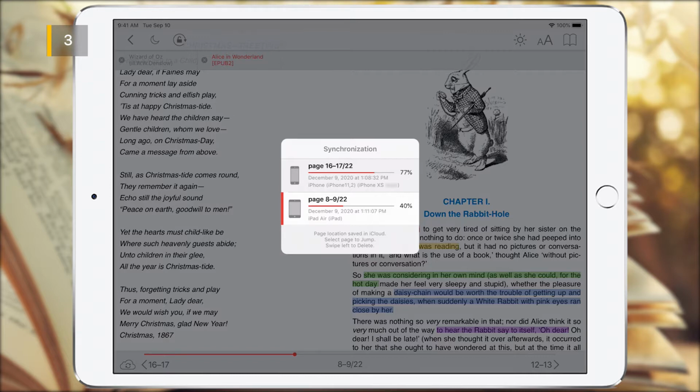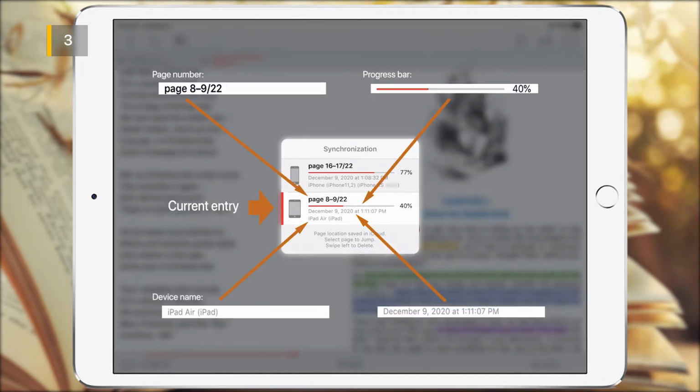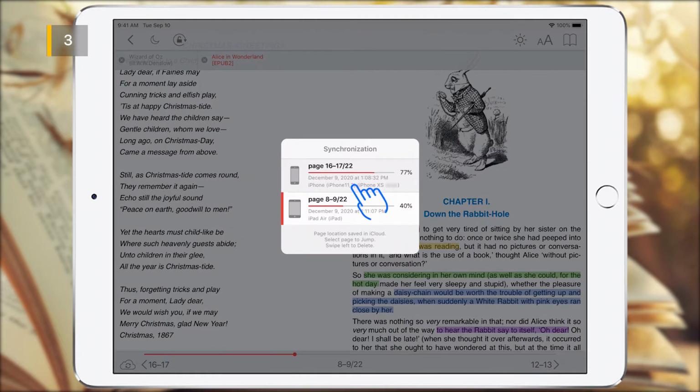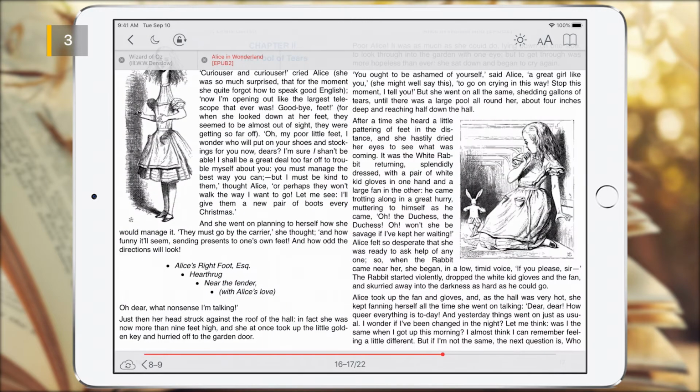Each item in this list contains the device name, the date and time the book was last opened on this device, page number, progress bar and percentage read. Select the desired option to jump. Data for Page Sync is stored in your iCloud. So to sync the pages, you need to properly connect your device to iCloud.